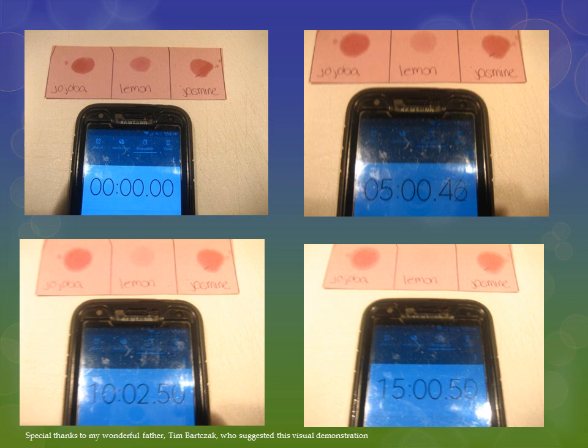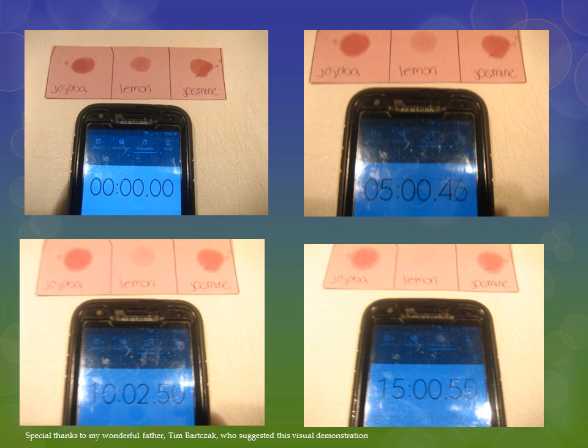So in the top left square here we have the original picture of the 3 drops. On the top right is 5 minutes later, and you can see that the lemon is starting to evaporate, but the jojoba and the jasmine oil are both darker spots. On the bottom left is at 10 minutes. Again, the lemon is evaporating even more. It's barely even visible, while the jojoba and the jasmine oil are still there. And on the right, at 15 minutes, the lemon has basically all evaporated, and the jojoba and jasmine have left